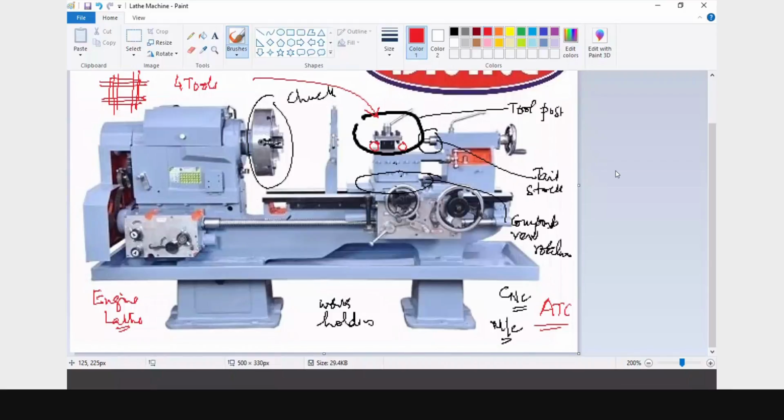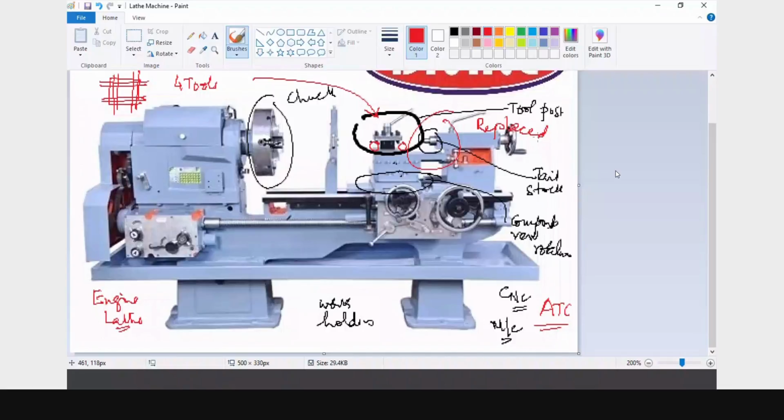But there are several kinds of lathes where you can do medium production or high production volumes also. There is something called a turret lathe, where the entire tailstock you can replace. Here, the tailstock which we talked about now is being replaced. This tailstock will not be there. So you will have some sort of a rotary indexing, where you will have some sort of a hexagonal, what we call a turret. I'll be showing that figure again.